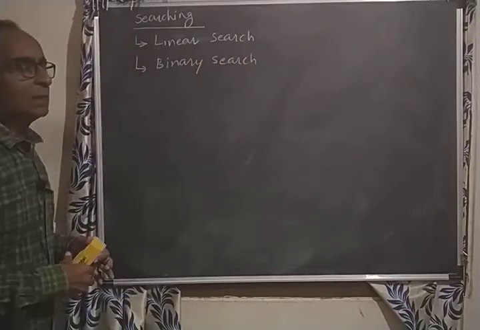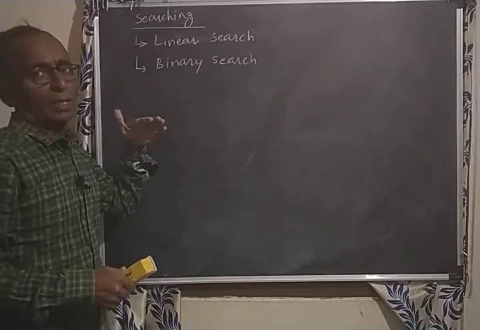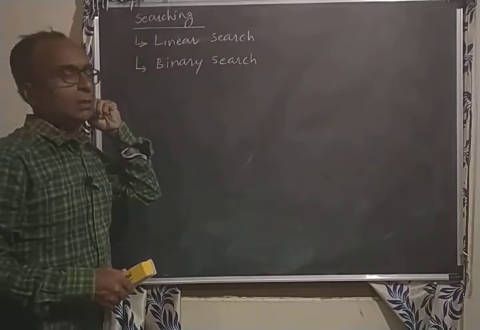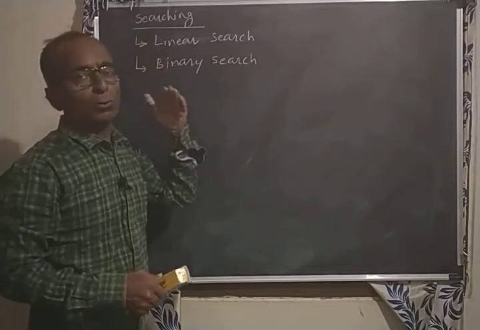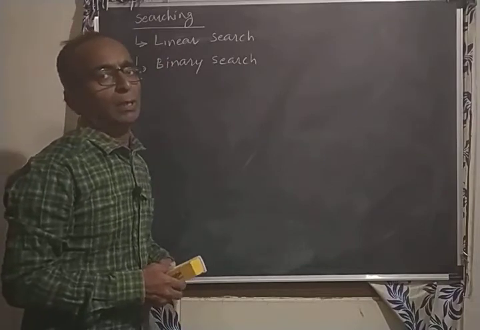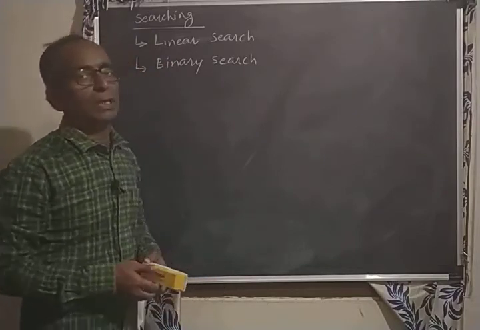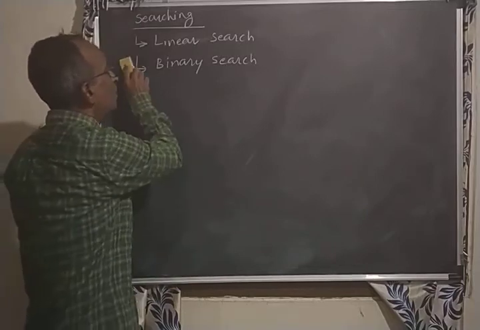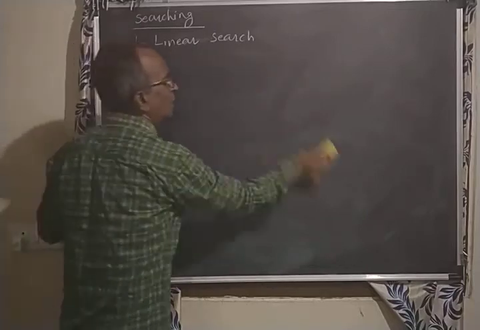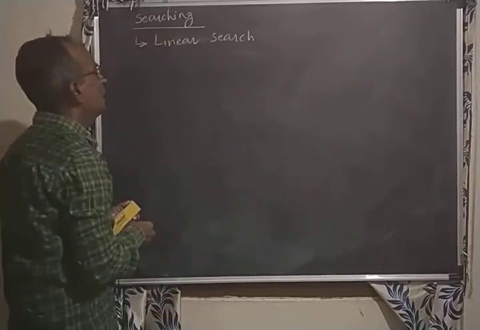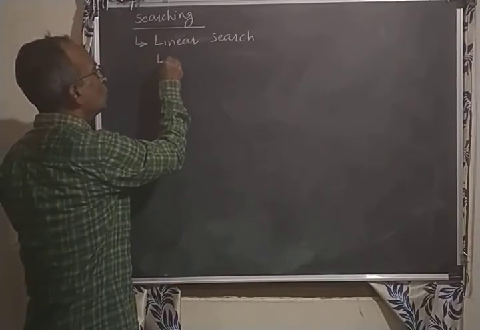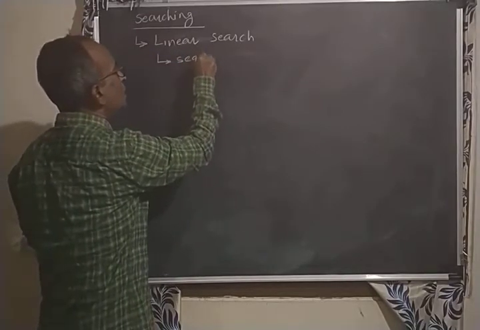Now what these searches are, how to write the algorithm for these searches, and then how to write the program in C for these two methods, that we will see with examples. Now what is linear search? Linear search is also known as sequential search,